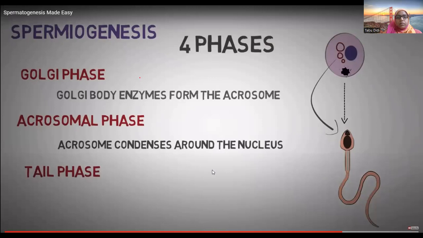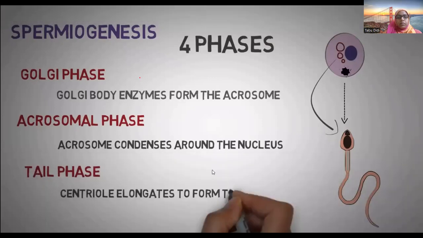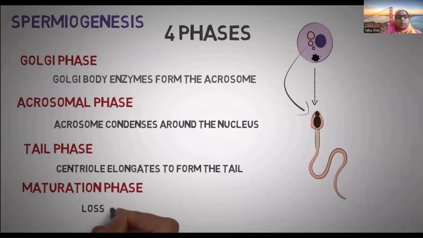The third is the tail phase, where the centriole present in the spermatid forms the tail of the sperm. And the last